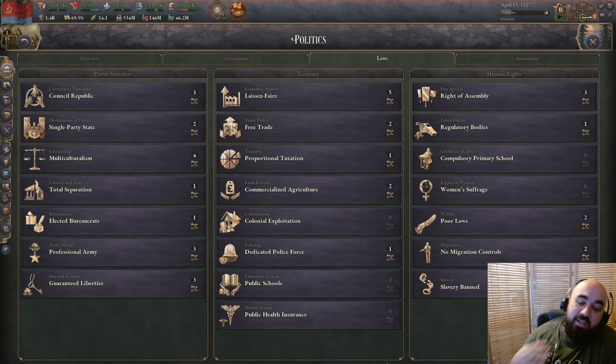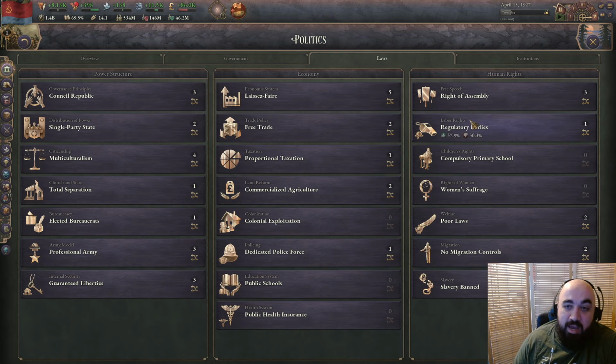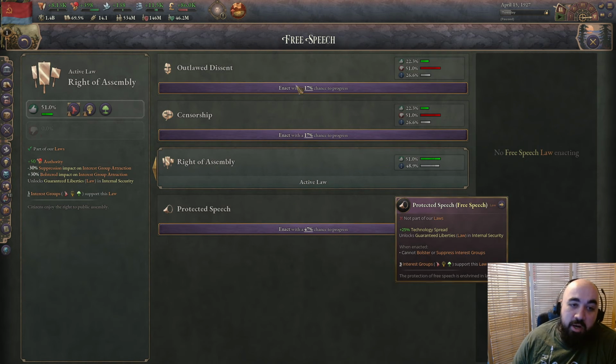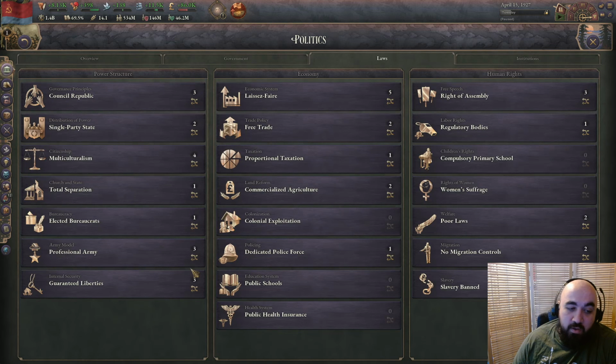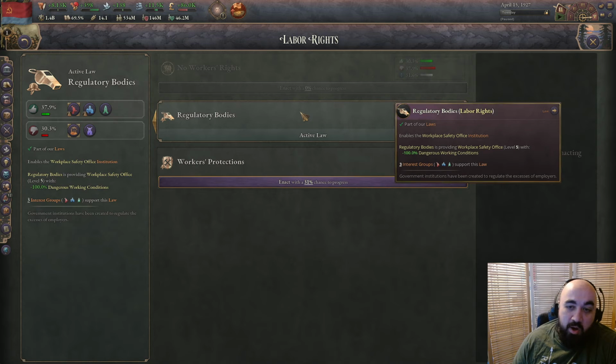And to summarize, let me go quickly back through it as a little bit of a conclusion. I think rights of assembly is best, mainly because you can go guaranteed libs, and you can still bolster suppress, which you cannot do on protected speech. But going back up the line for outlawed dissent or in that direction, once you have guaranteed libs, is probably fine. I think regulatory bodies is best